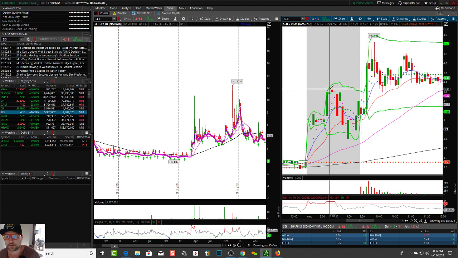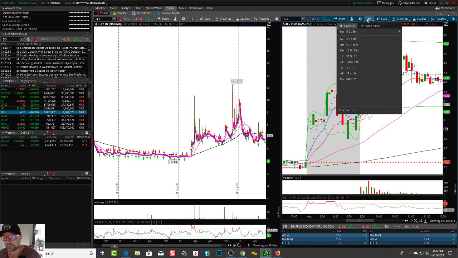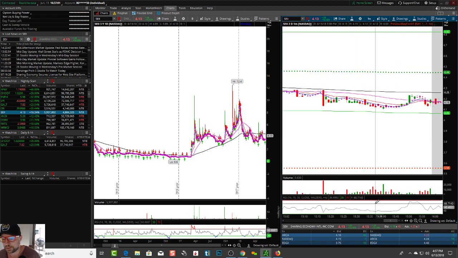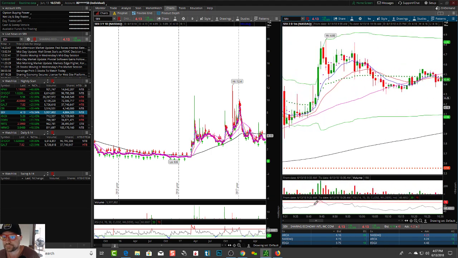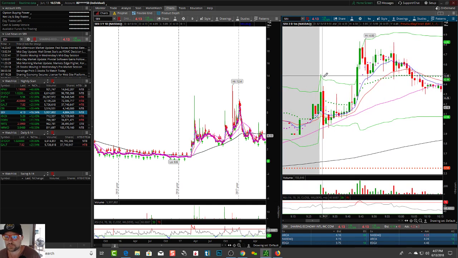If you're a 1-minute trader, you could have maybe looked at a break above the pre-market high. If you looked at the 1-minute, you would have seen over here, this was a mess. It was a complete and utter mess. I personally, even on a 1-minute, wouldn't have traded this thing. Maybe here, but even over here, you're still trapped by all these wicks. Taking a trade in here, you don't know that this is going to absolutely go like this.